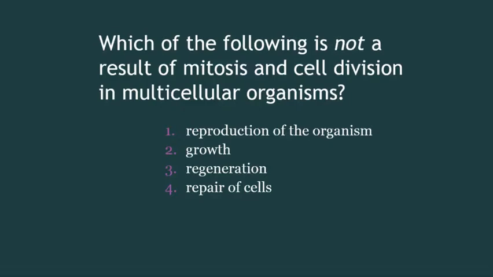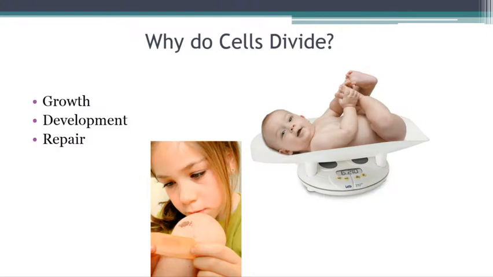And so this question is actually asking which is not a result. So 3 of them are. Well, it turns out that reproduction of the organism itself is not the goal of mitosis. In fact, mitosis is for growing, for regenerating parts and for repairing cells. So that's why cells divide. And think about if you're injured, you're going to have to repair it. You go through puberty, you get bigger. You actually gain mass as you grow. And so all of these things, this is what mitosis is for, okay?